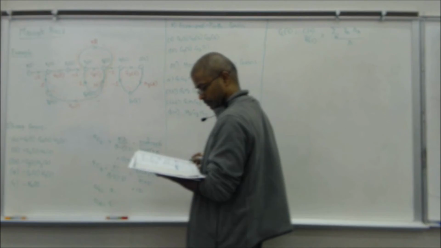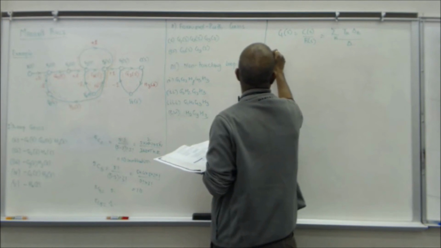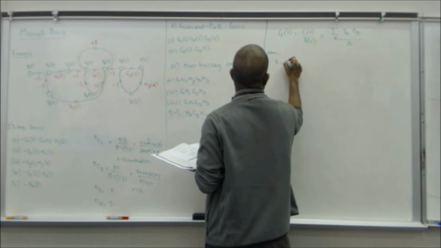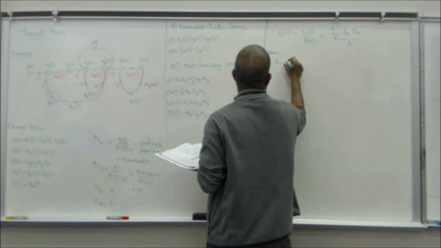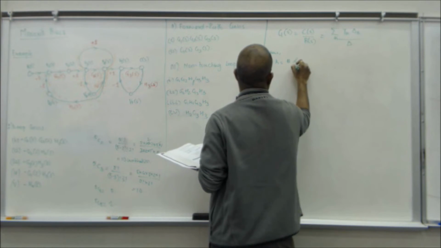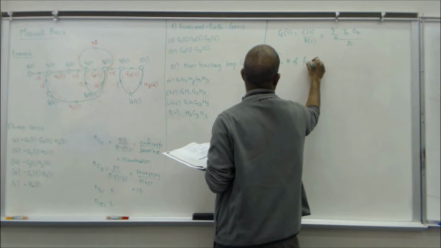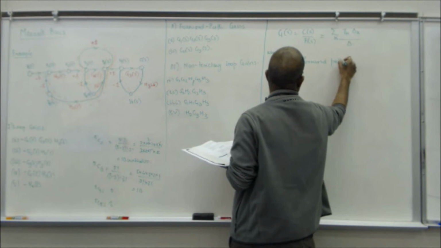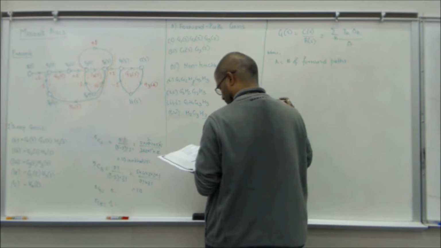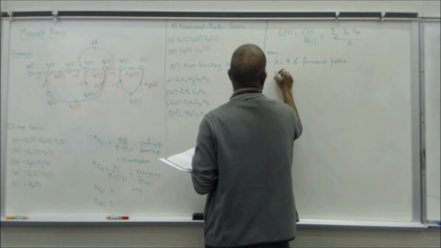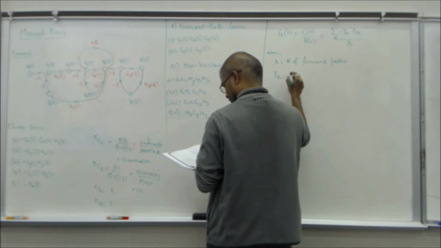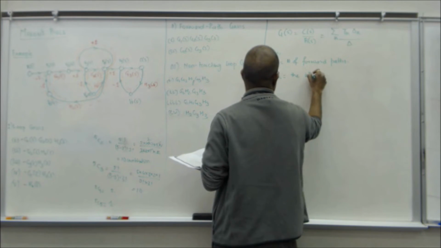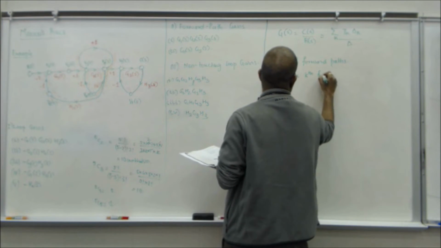Okay, where K is the number of forward paths, Tk is the kth